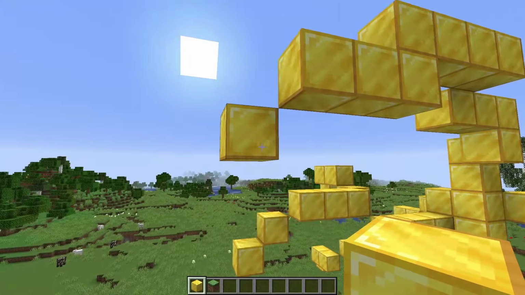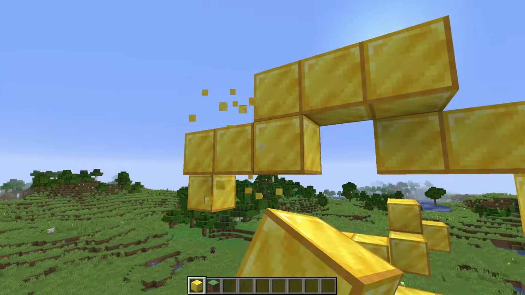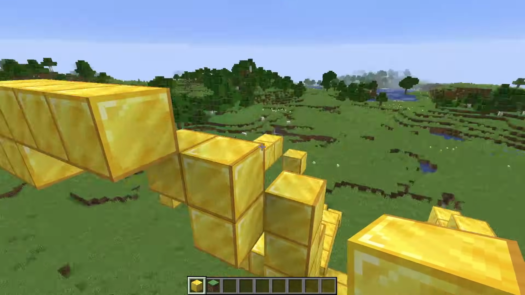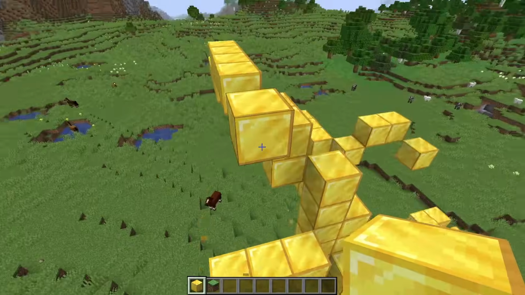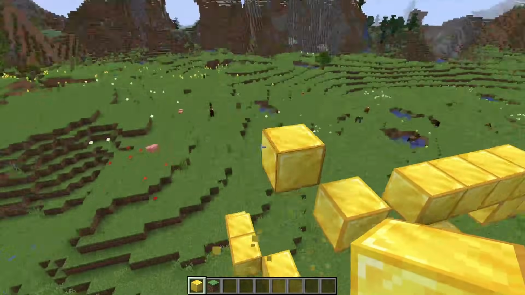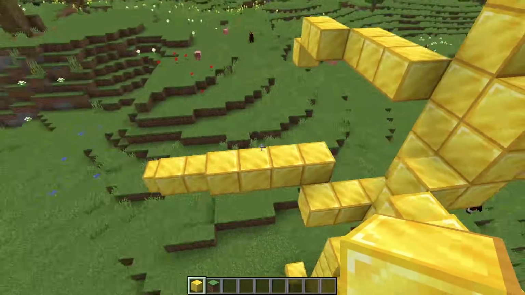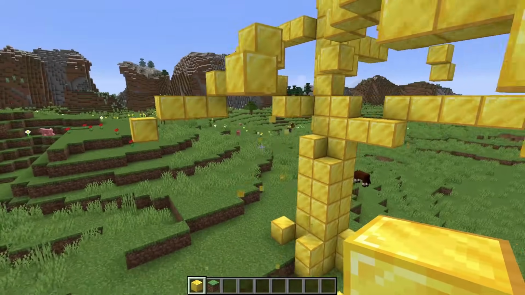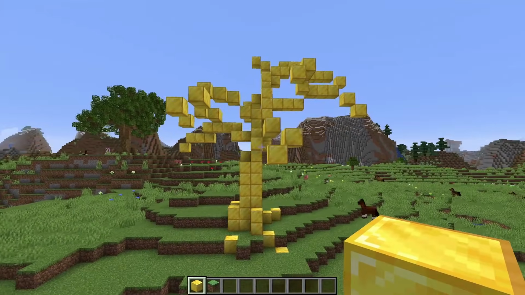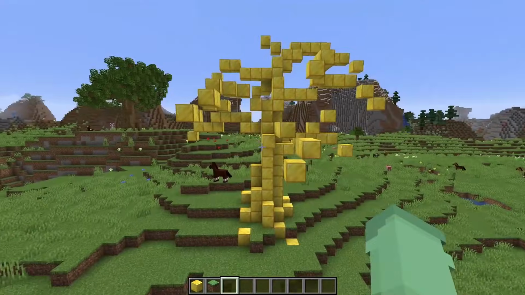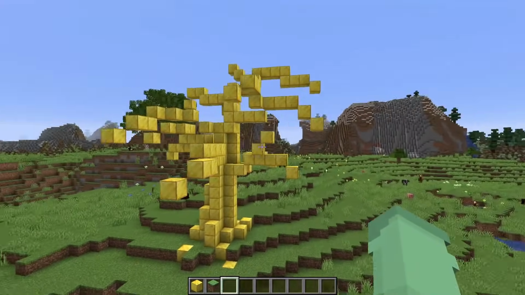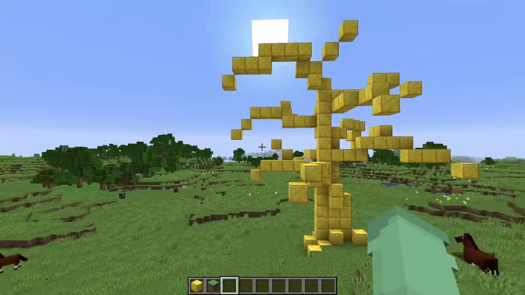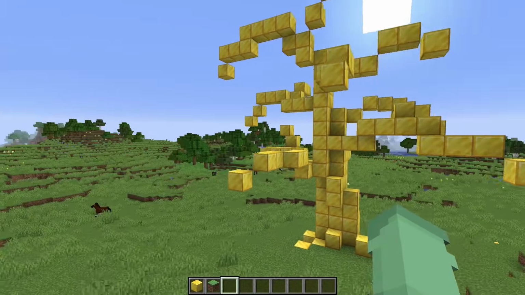I do think this top branch is maybe just a little too big, so I'm gonna bring that all back just a little tiny bit right there, and then let's add some more branches across here. Why not? Some that are growing a little bit more upwards. We can do another one right here. Oh, this is just so much fun to do. I'm going to continue with that and then we can start on the leaves. Okay, I think I am happy with this tree here. I do think this is one that's going to need a little bit more adjusting as we go, just because the leaves on this are going to be such a challenge.